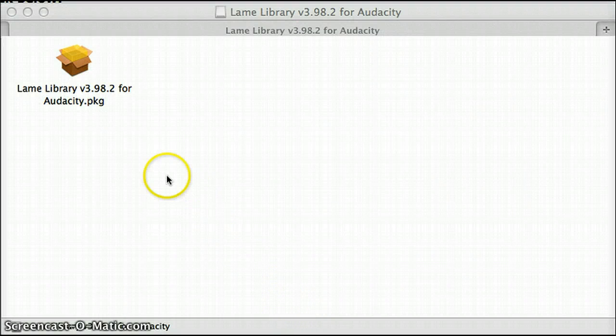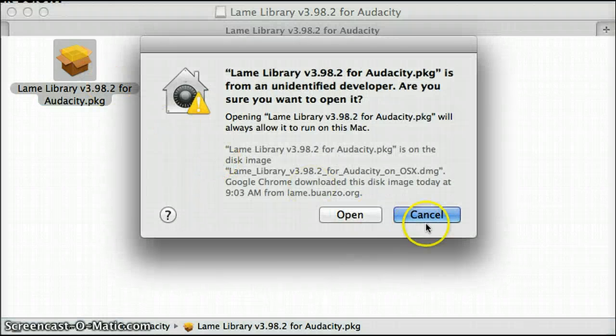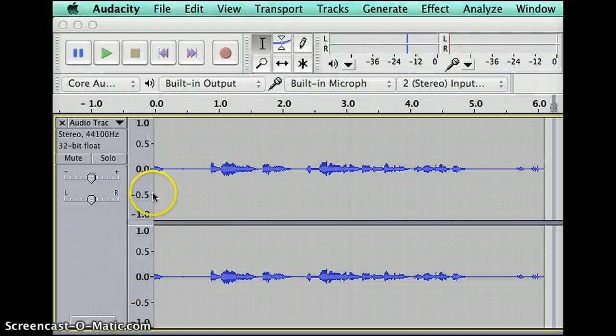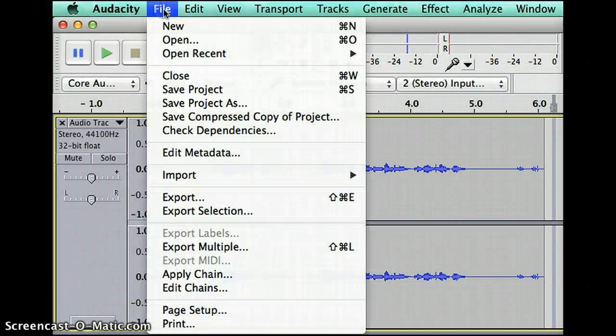Correction, it was downloaded, and now to install it, what you need to do is double click on this icon that says LAME library and then a version for Audacity, and that PKG is a package, and what it'll do is it'll ask you to open it, and then you'll go through the regular procedure that you do to install any add-on or plugin. So once you've done that, you go back to your recording in Audacity and you go File, Export,